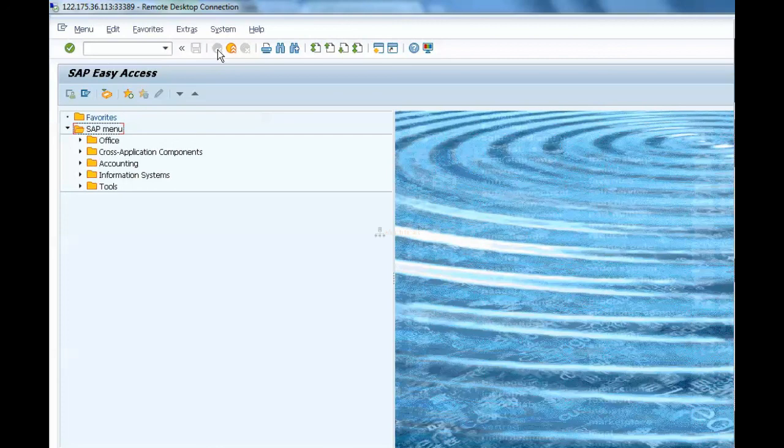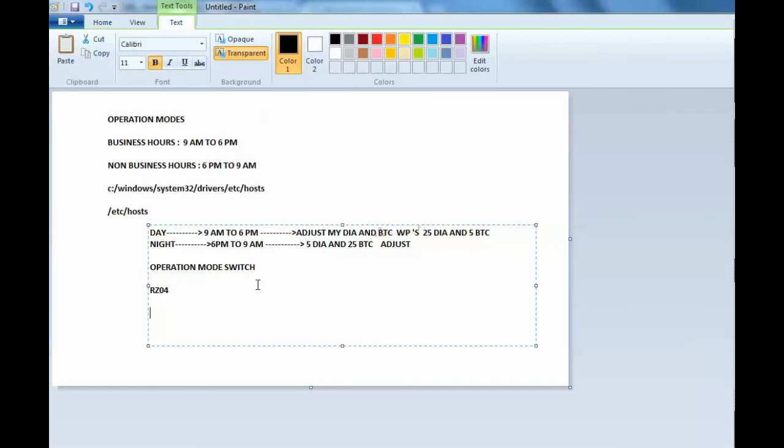You are telling about the time you added work processes once. At that time the dialog work processes were 10 only, and the background work processes were I think 5. I increased them, adding 5 here and 5 here. So my total dialog processes are 15 and my background work processes are 10. I will check the document, and if I have it, I will share.